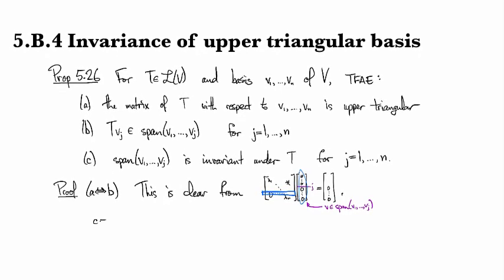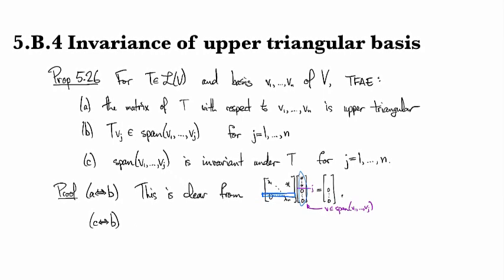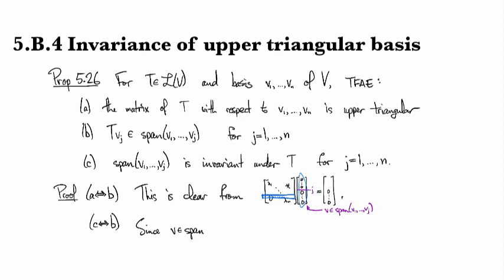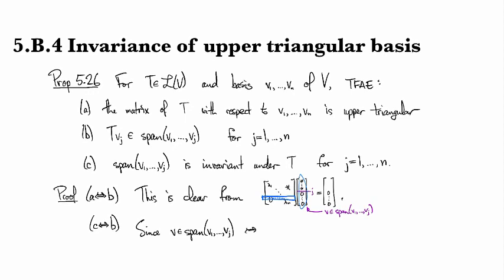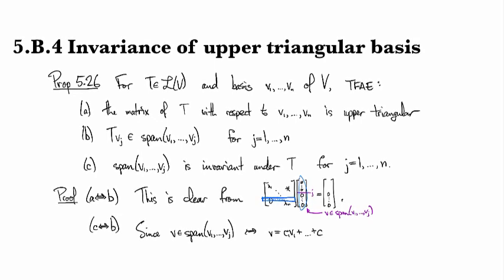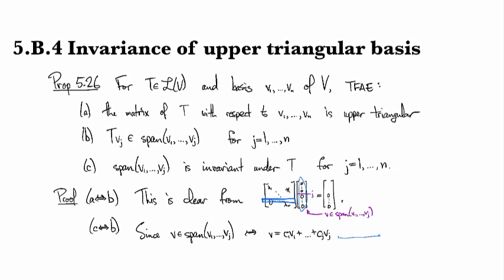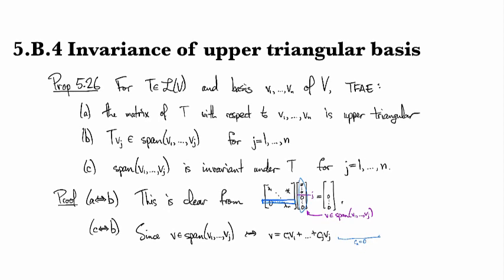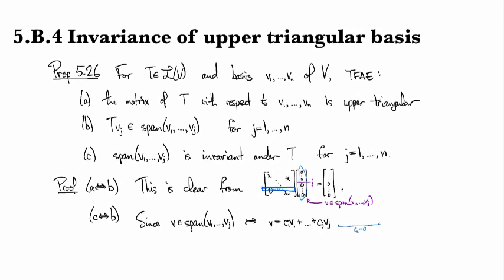And then C is true if and only if B is true. And why is that? Well, let's see. Since V is in the span of the foregoing, V1 through Vj, this is true if and only if V looks like some linear combination c1 V1 up to cj Vj, where the other terms have zero coefficient out here. And this expression basically just shows you that,